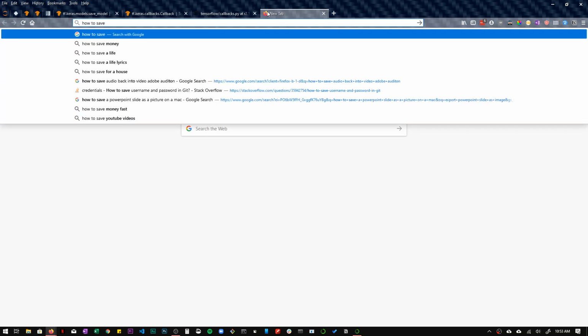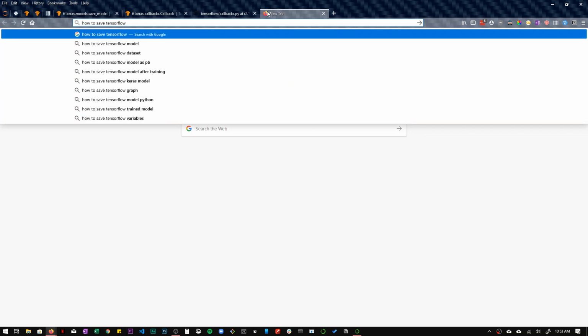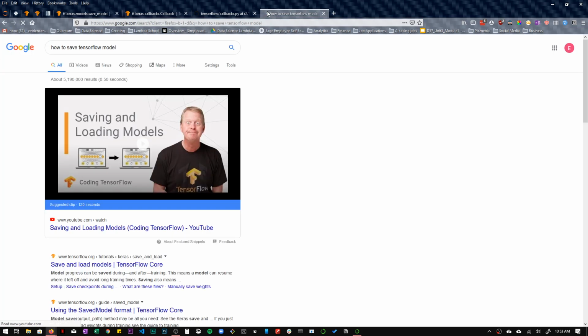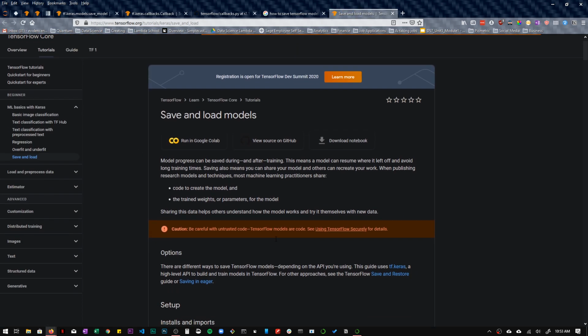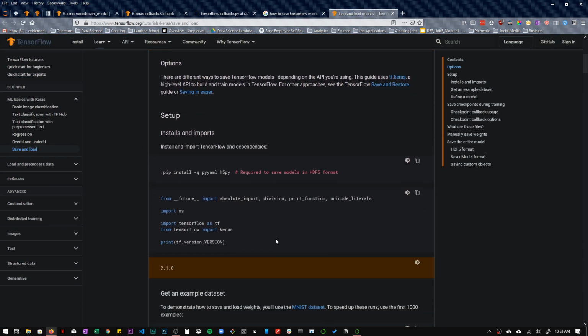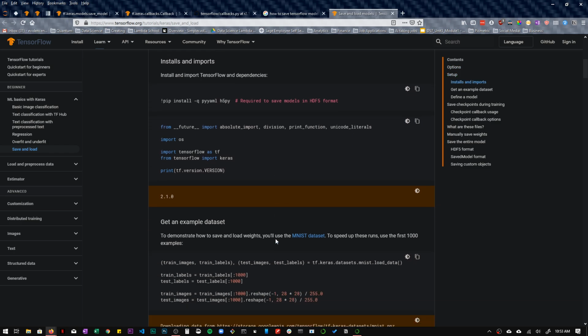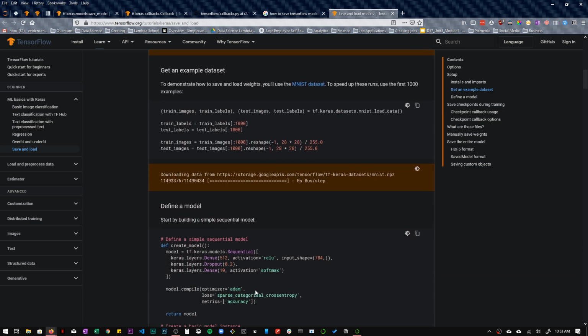How to save TensorFlow model. Okay, so we need to do this to save models in HDF5 format. So I do not want to install this right now, so I think I'm just gonna save it in the